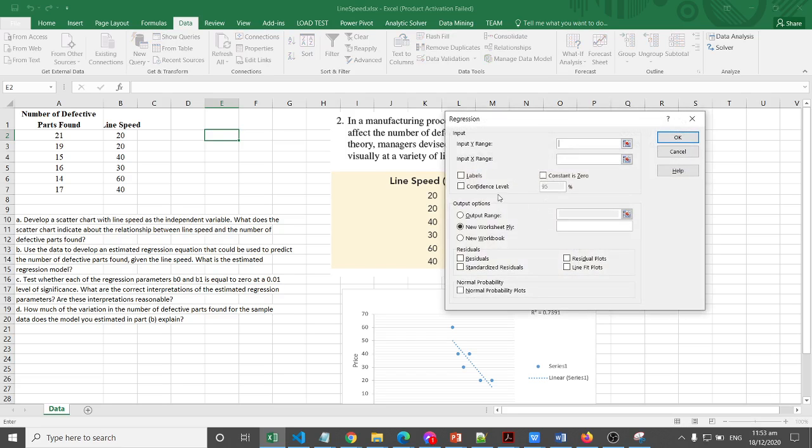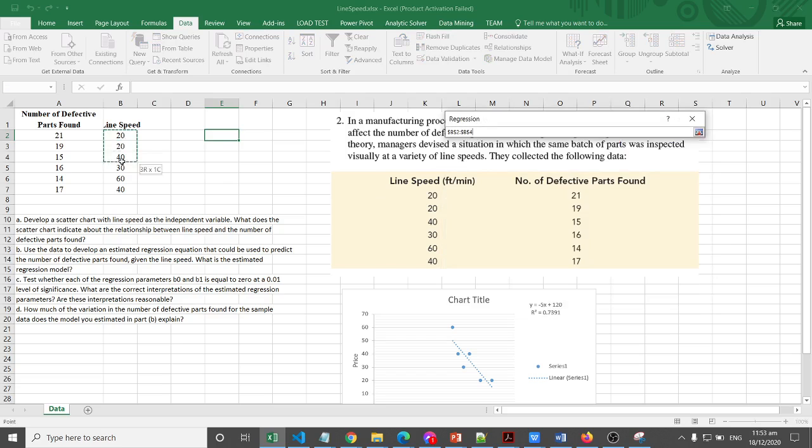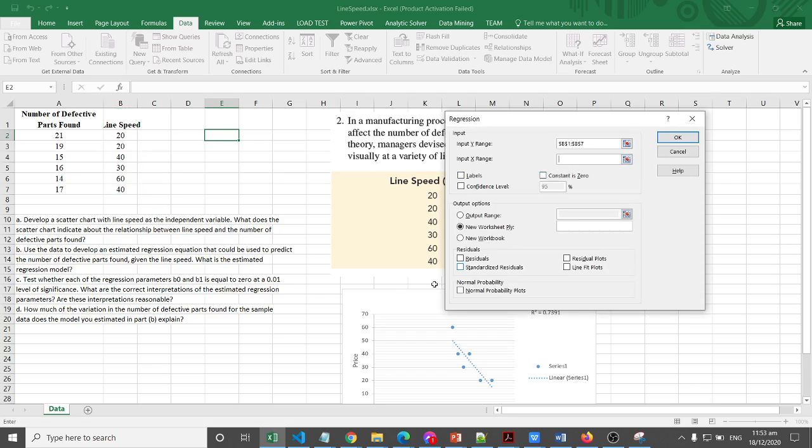And the independent variable is the line speed, and the dependent variable is the number of parts found. Then we're going to choose labels. By default, the confidence level is 95.